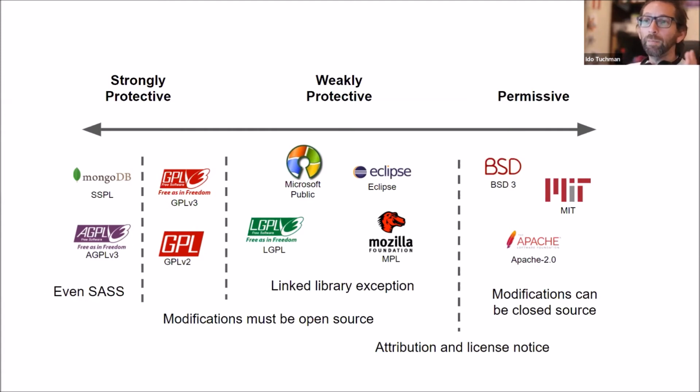On the left side are the protective licenses. Those require the reciprocal licensing for modifications. If you modify source code under a protective license, your modification is also required to be licensed under a protective license, and you have to make the source code available to users. Then we have the weakly protective licenses. Those are the ones that exempt proprietary code that merely uses open source libraries, and we have the strongly protective licenses at the far end of the left side, and those